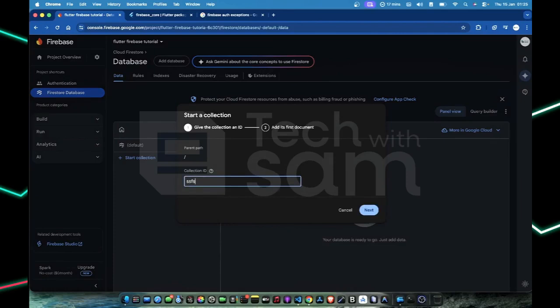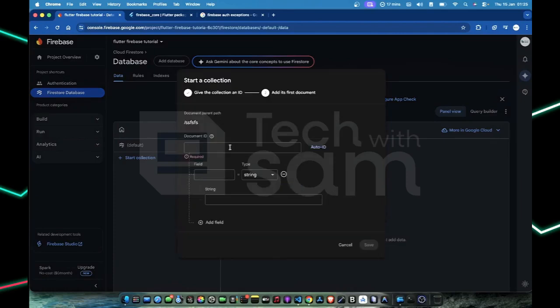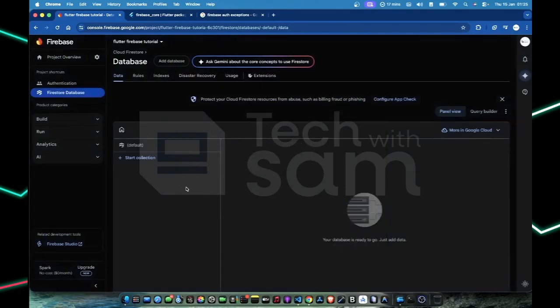So I can just create a dummy ID. Then once you click on next, whatever I type here is the collection name, then the document ID, and inside the document ID the data you want to store is just like JSON, giving a JSON a field name, then the JSON data, if you know what JSON is. Yeah, so that's how this works. So the first thing is I'll just create